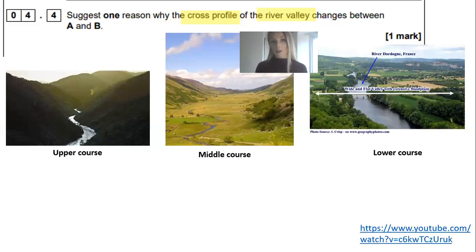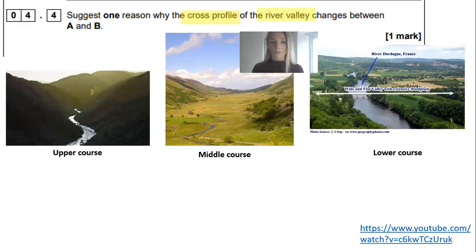So what is happening in the upper course, you have very large angular boulders rolling along the riverbed, which is what we refer to as traction, causing the riverbed to be eroded downwards vertically through abrasion. So you need to imagine these large angular boulders and rocks rolling along the riverbed, scouring it deeper and cutting into the landscape. Now, because of that, you have exposed river channel,